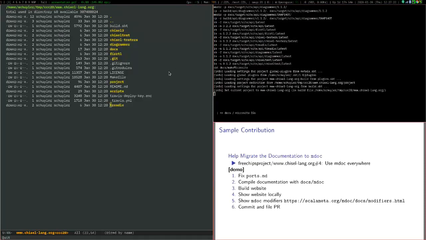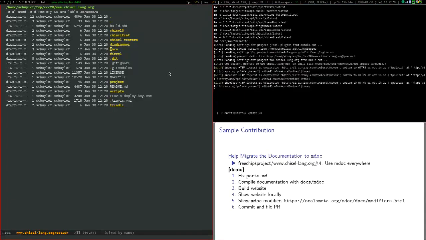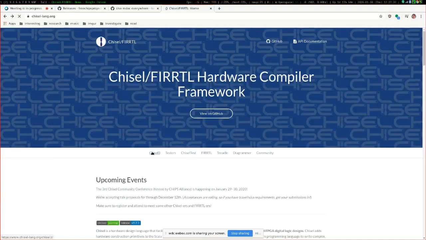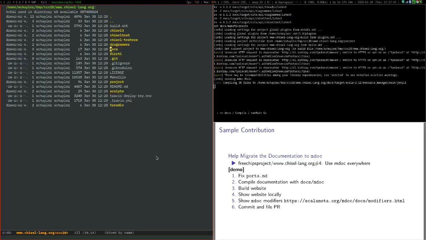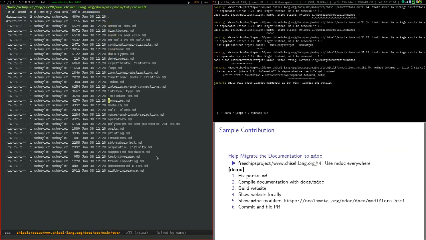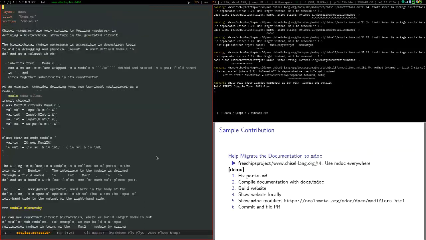And what I'm going to show here is just fixing one of these things, right? So the structure of the website is that the stuff that you saw, let's go back. All of these things are under docs, source, main, tut, I think. So docs, source, main, tut. So you see stuff here like there's a Chisel 3 directory, community, contributors, index, etc. So inside of Chisel, if we go to that modules thing that I was showing here,